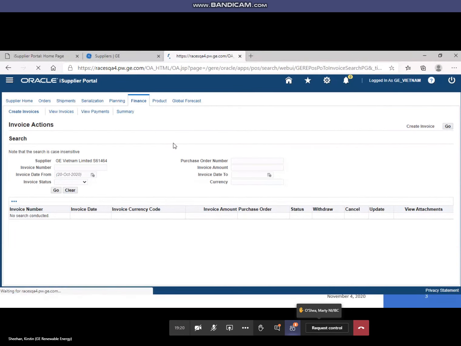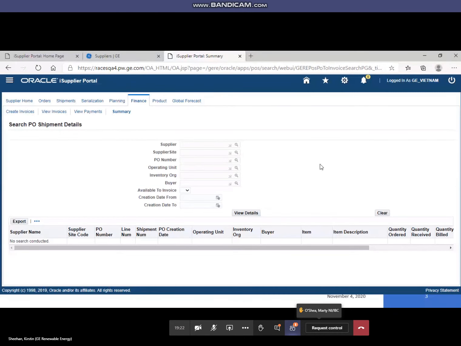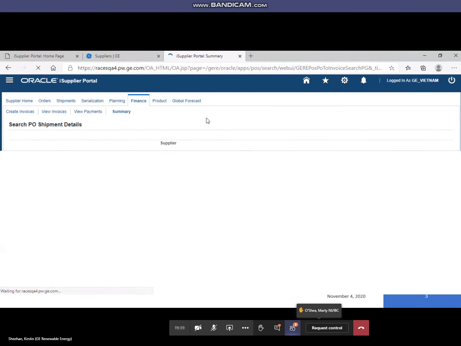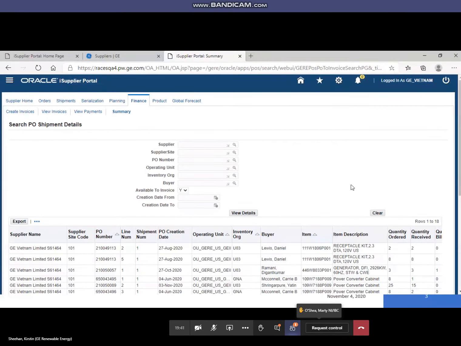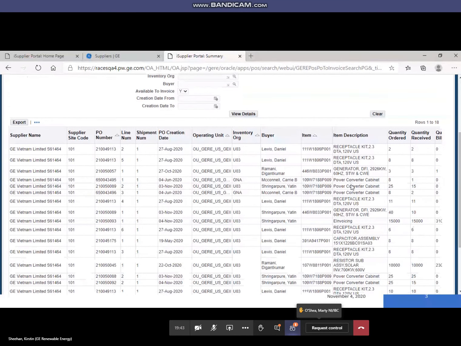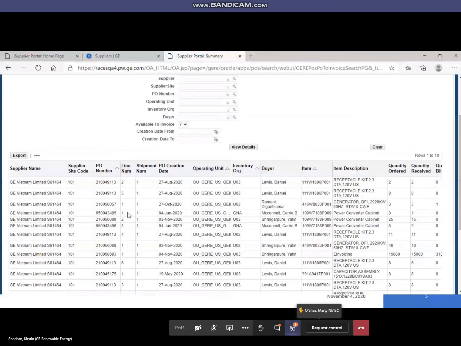So probably the most informational page for you is going to be the summary page. This is going to show you basically what POs exist and if they are available for invoicing. I'm just going to do a quick search here, choose available to invoice, and view details. Again, you can narrow this down if you want, but I'm just going to pull up basically everything that's available to invoice. So you can see here, you've got your different sites, your PO numbers,